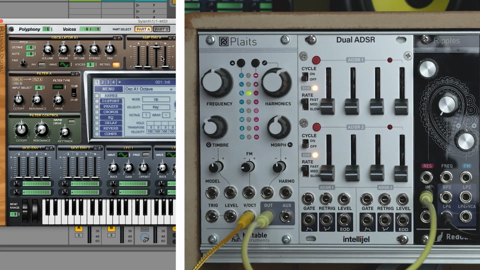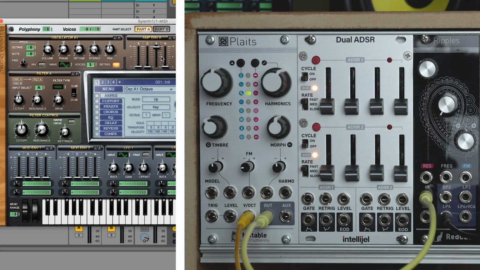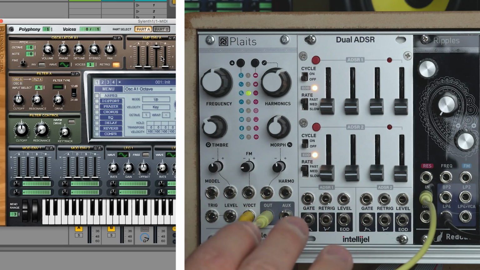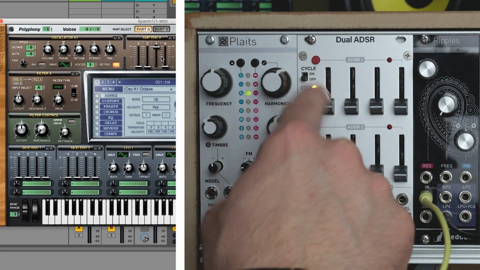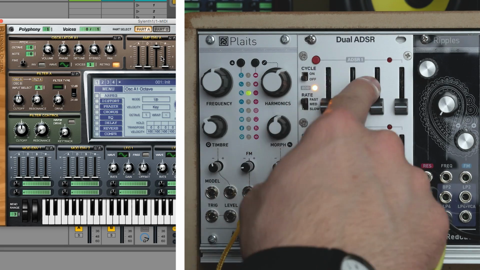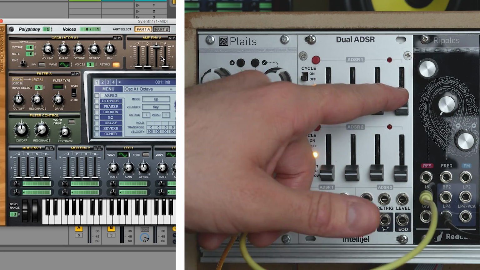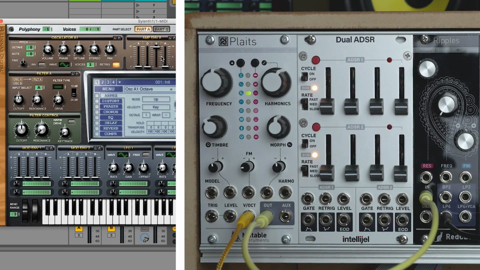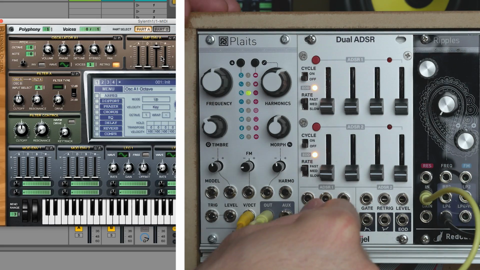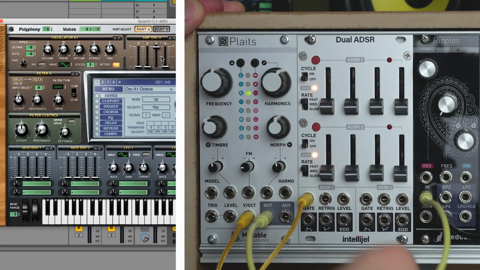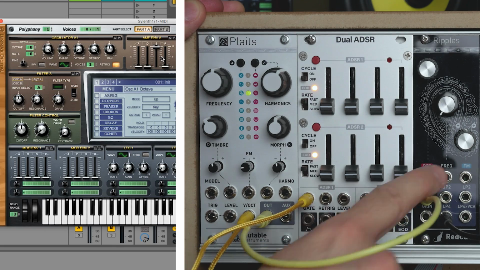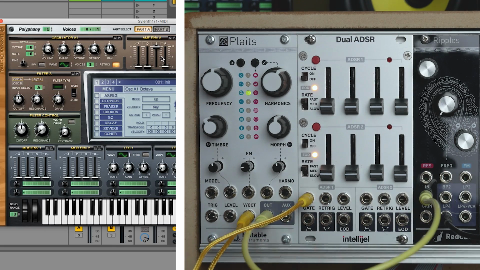So you need another output from your BeatStep Pro, which is the gate signal that tells the module when you press the button. So it opens the gate and the cycle of the envelope starts. So it starts going from the attack to the decay to the sustain. And when you release the button on your controller, that could be the BeatStep or a keyboard or whatever, the gate closes. So you go from the sustain step to the release step, which is the last part of the envelope. So I connect the gate to the envelope. This is the gate. And then I want to control the filter frequency with the output of my envelope generator.